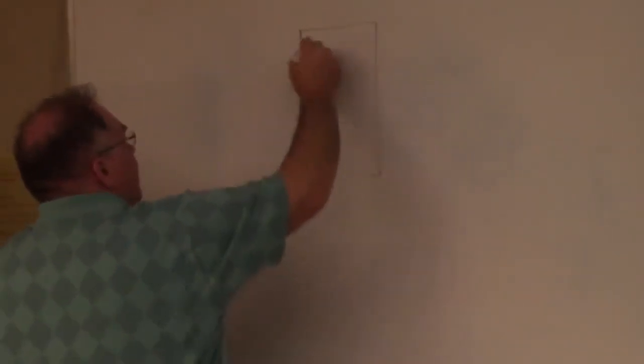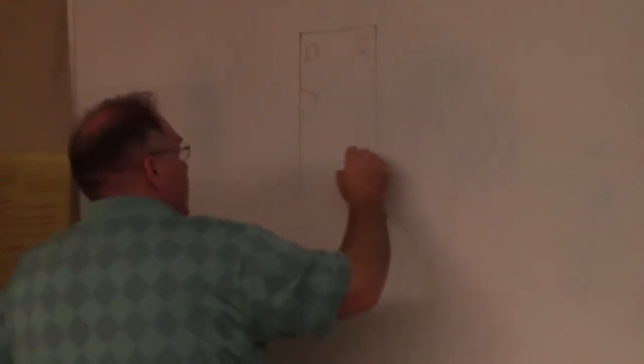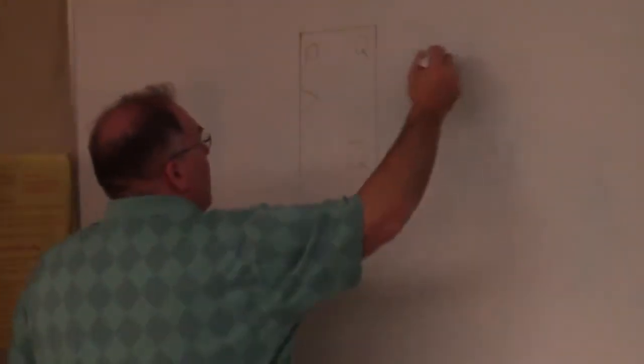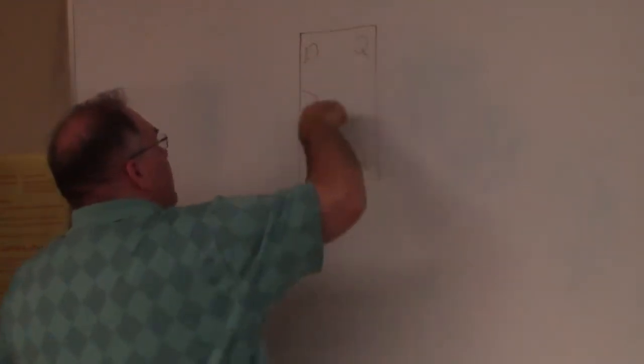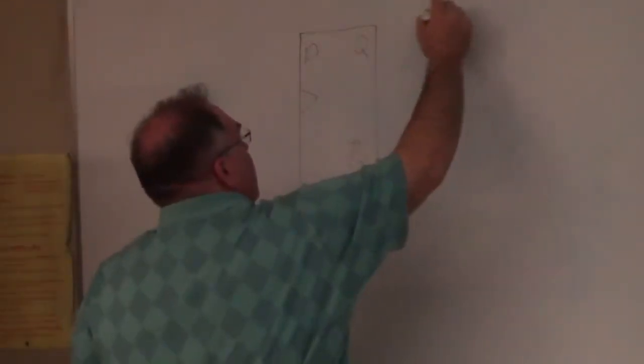A D flip-flop is usually drawn like this. It's got a clock, it's got a D, and a Q, maybe a Q naught. For the truth table of the D flip-flop, we don't even have to worry about Q naught. We just need D and Q. So D and the clock are the inputs. You've got two inputs, D and clock,